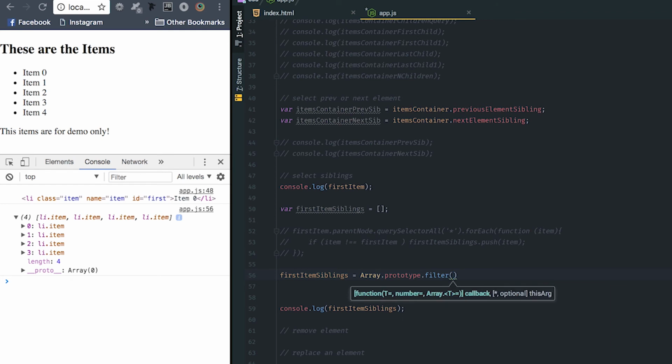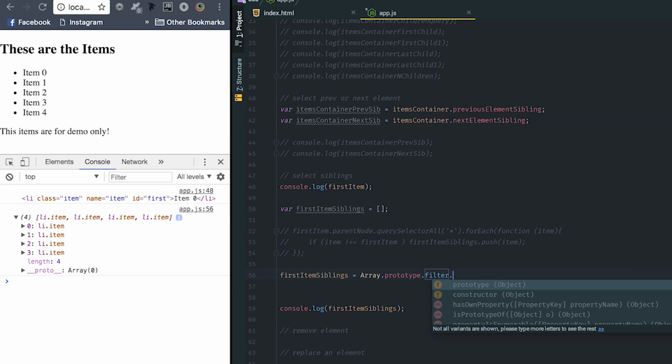The filter function is an option for any array out there. So on any array, you can run this directly, but because the node list is not an array, we're going to use this hack. We're going to call the array prototype, select the filter option right there, and I'm going to call it,